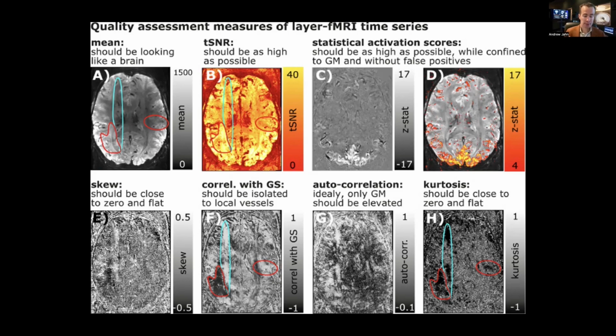Compared to that, the QA checks for layer fMRI look more at the profile of the noise, because we know that the noise is much more predominant at very high resolutions, and especially in layer fMRI. So their advice is, if you look at the distribution of noise, which should be roughly normally distributed in most cases, you want the skew to be close to 0, so pretty normally distributed. The kurtosis, the lower we can have that peak of the bell curve, is also good. The correlation with,